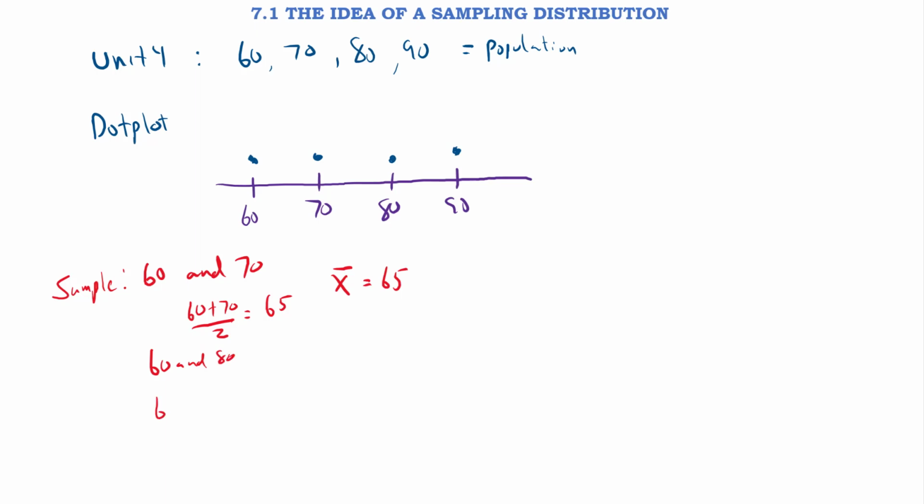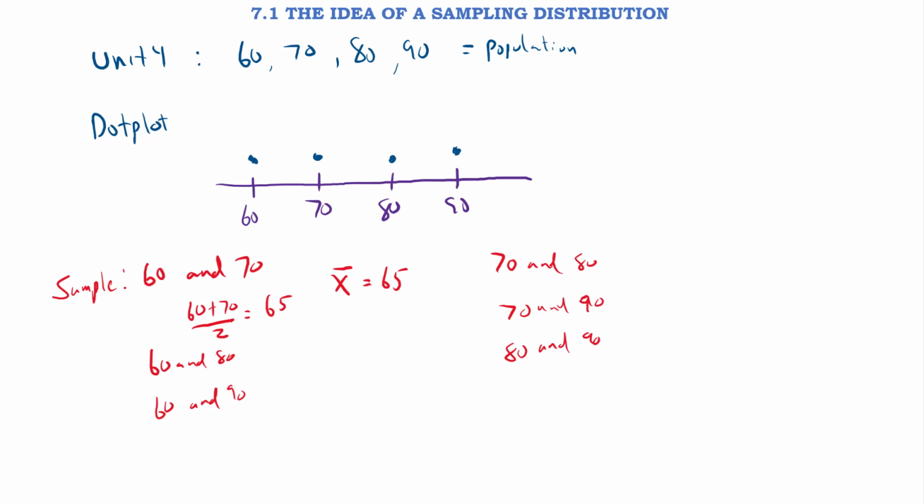We'd have to do 60 and 90. We'd also have to do, let's see, 70 and 80. We'd have to do 70 and 90. Okay, and then we would need to do 80 and 90. Make sure that 9 looks like this, so it doesn't look like 70 and 70, so 90. Okay? So therefore, that should take care of all of the combinations there, because anything else,